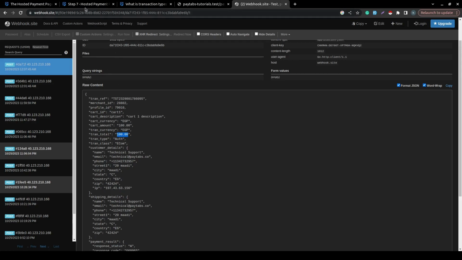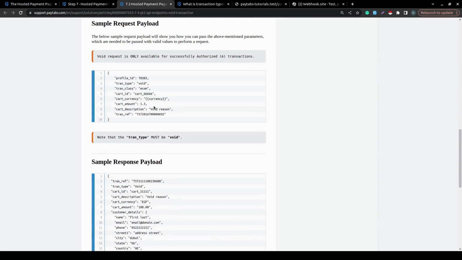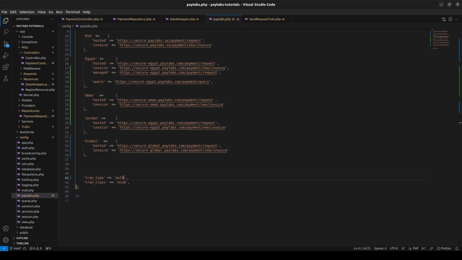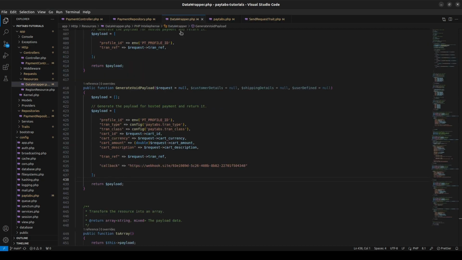So, if I get back to where we stopped, navigate to part 3, void transaction, and you can see that the request payload is simply the same request payload for the hosted payment page. We have the 7 required parameters. In addition, we will need the transaction reference. And of course, we don't forget the transaction type will be changed to void. This is exactly what we have done here inside our generate void payload. You will see that we have generated the 7 required parameters, added a transaction reference, and added a callback just to handle the response. Now, make sure that this cart amount is the amount that will be voided,